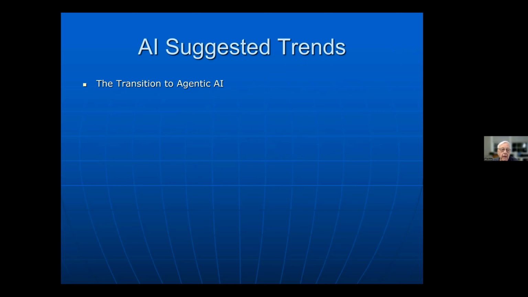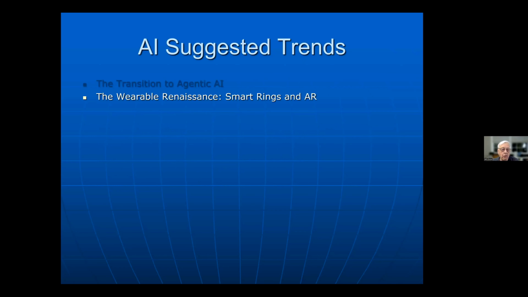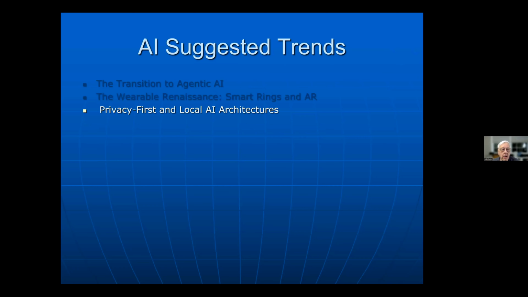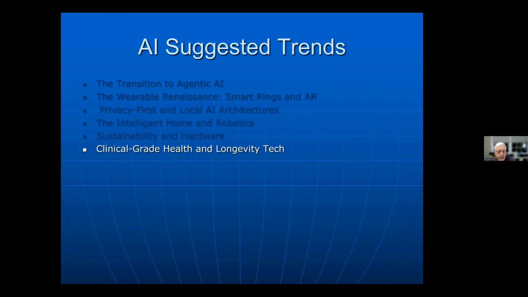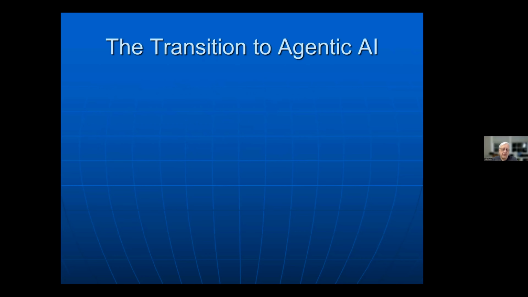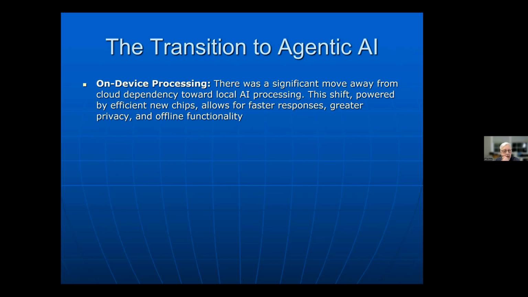trends, which are the transition to agentic AI, which I'll talk about, wearable stuff going on, privacy, and what we can do with local AI architectures instead of just having things in the cloud, intelligent home robotics, sustainability, hardware, and clinical grade health and longevity tech, among other things, but these are the ones I'm going to mention. So if we look at this transition to agentic AI, what that really means is in